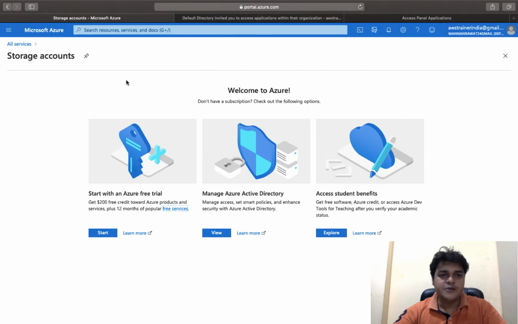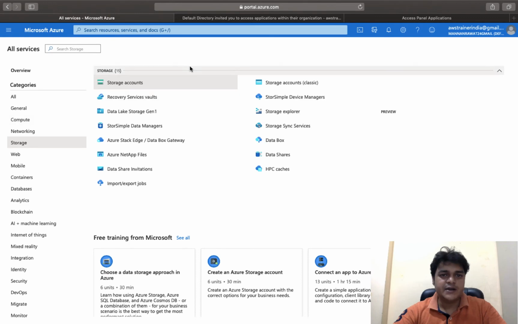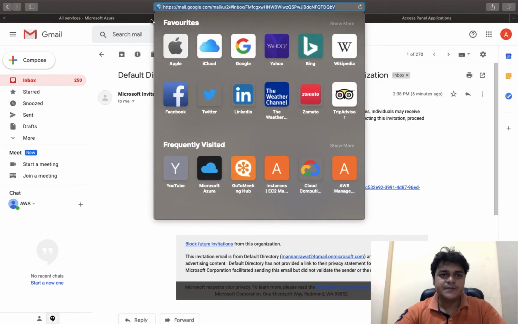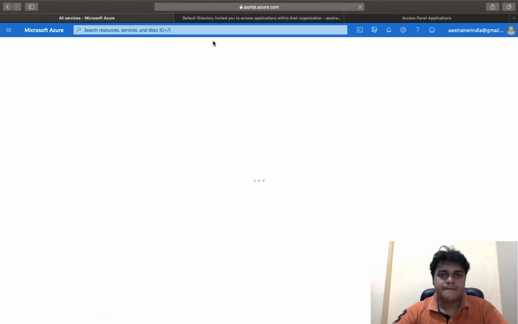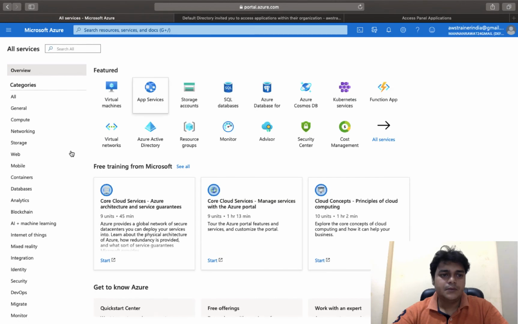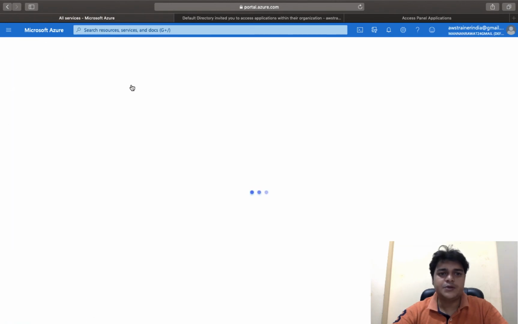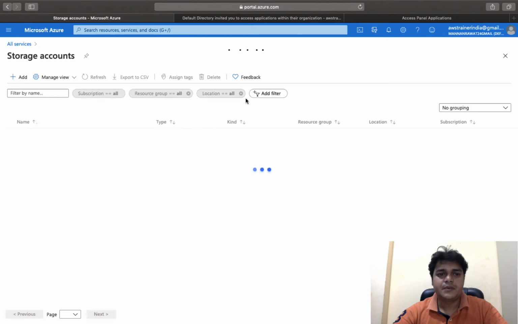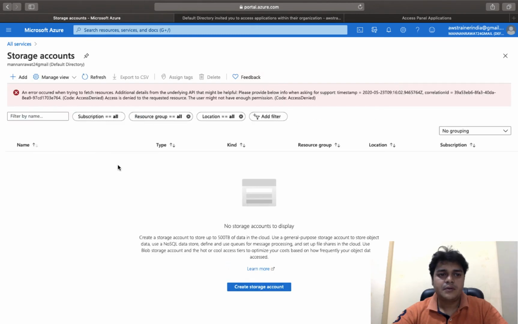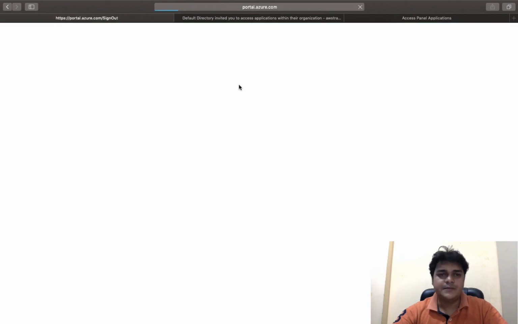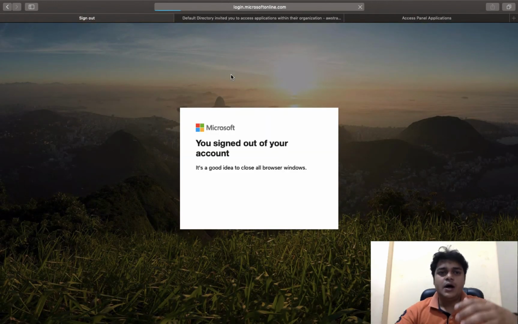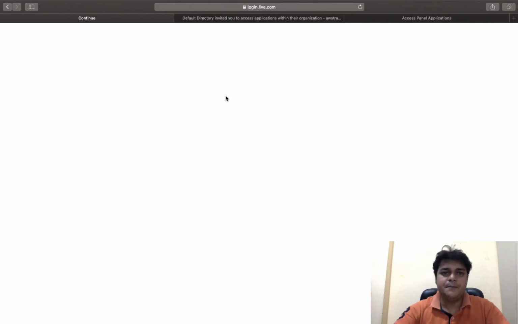I'm going to open our Azure portal. Just click on all services. Again, just try to refresh the entire page. You may need to log out and log in again. Just click on the storage part and try to open the storage services. Now I'm going to log out and log in again, because it will take some time to display the services provided by the pay as you go account.